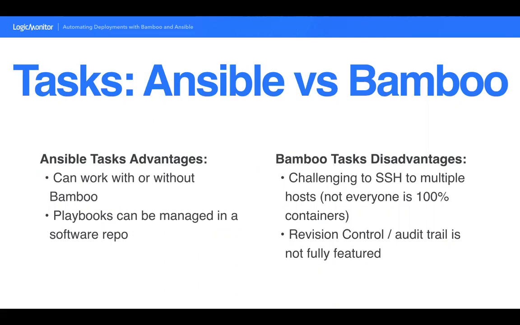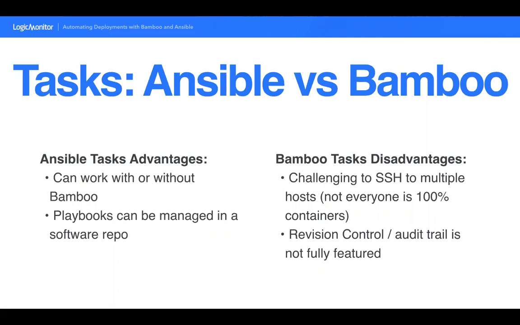The other advantage was that the Ansible playbooks could be managed in a software repo with revision control. I haven't looked at this recently to see if Atlassian's made any major changes, but last time I checked, the best there was for revision control with the tasks was to go into the audit log and hope to see who might have changed something, but it doesn't even give you a diff of the task change. Maybe that's changed, but